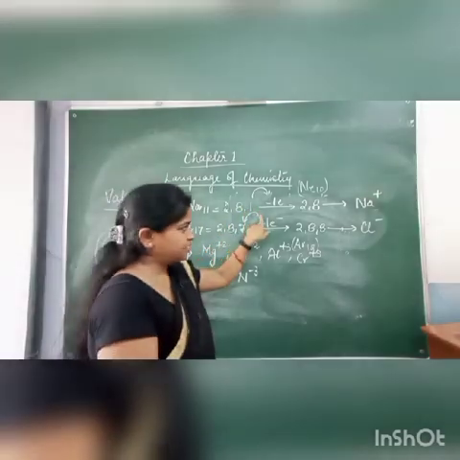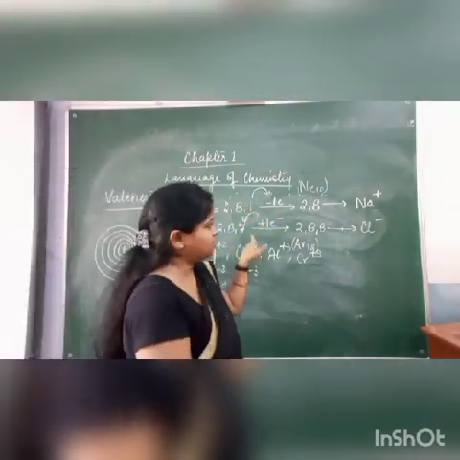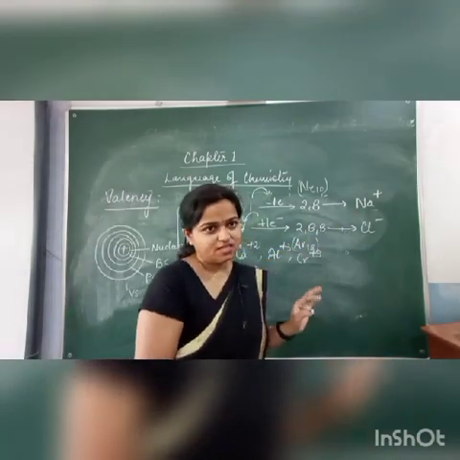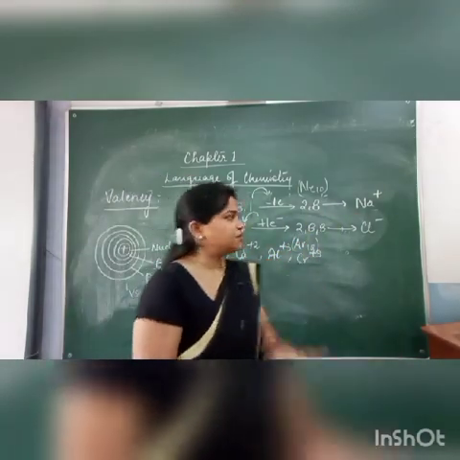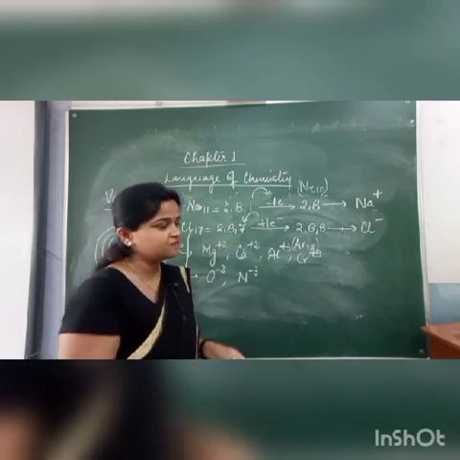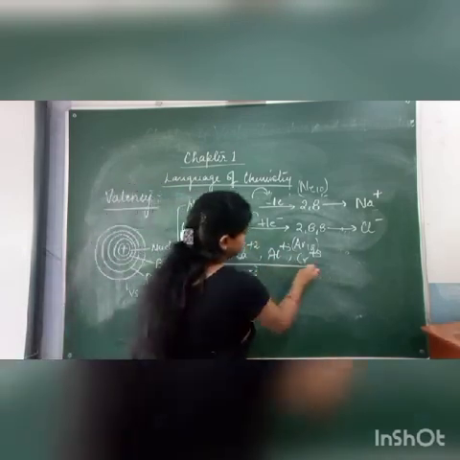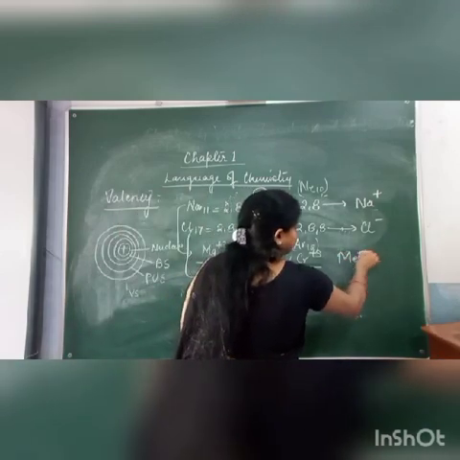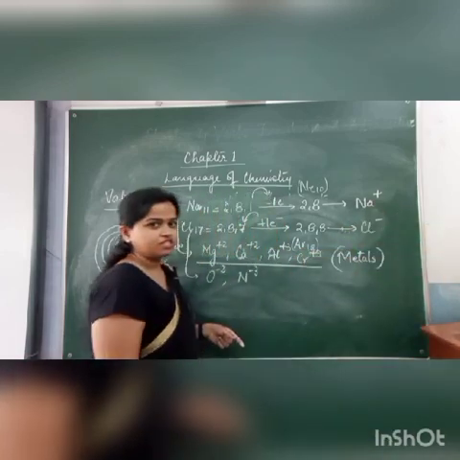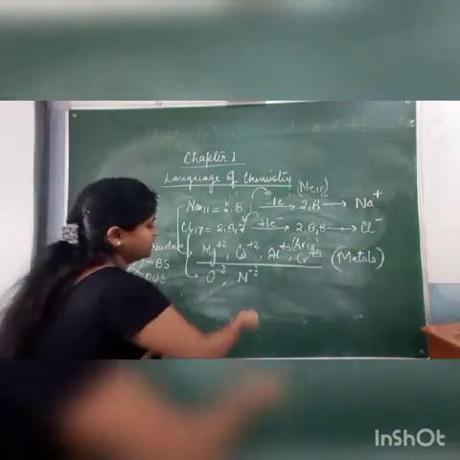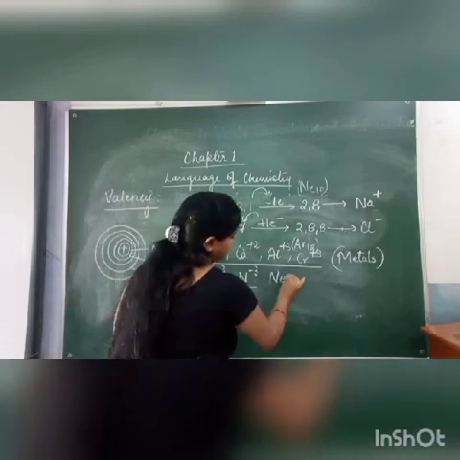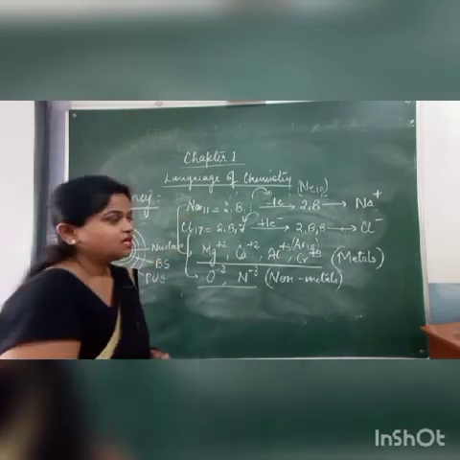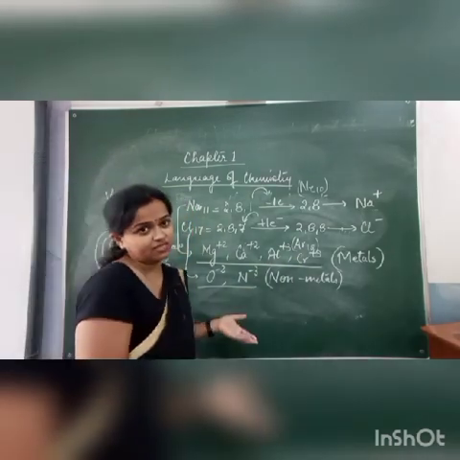The number of electrons donated or accepted from the valence shell just to attain the nearest noble gas configuration is called valency. Keep in mind that in maximum cases, metals show positive charge, or they are positively charged ions, and non-metals show negative charge in maximum cases. Clear? Now one more thing is here, variable valency.